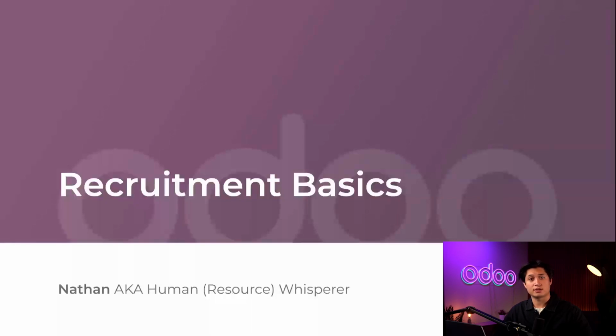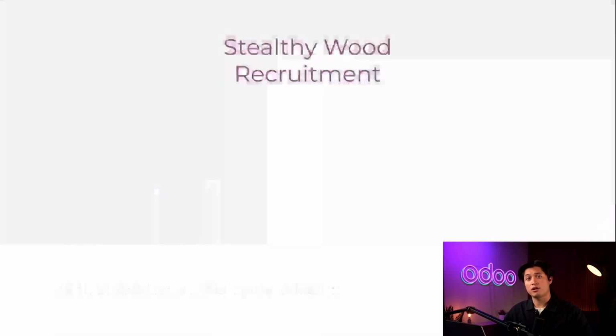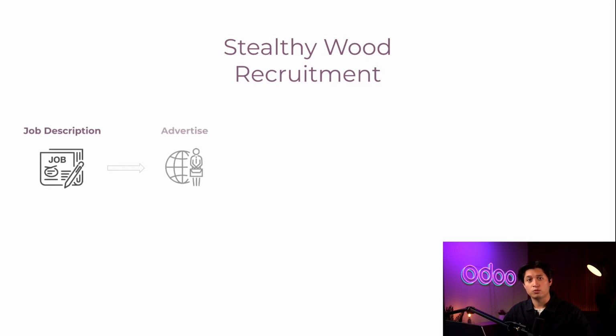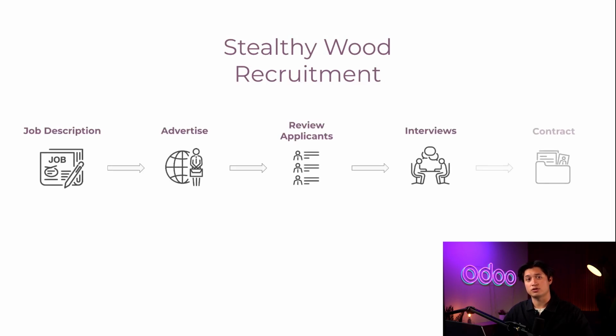Odoo provides a system that allows the human resources department to manage their recruitment tasks efficiently, eliminating repetitive administrative tasks. The hiring process can be broken down into actionable steps. At Stealthy Wood, we prepare a job description, advertise the position, review applications, conduct interviews, and eventually offer a contract